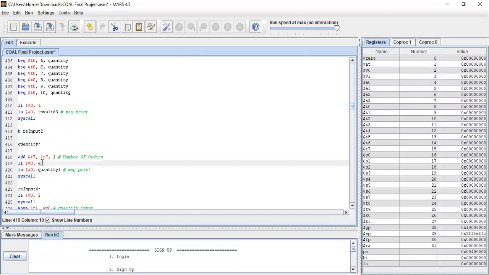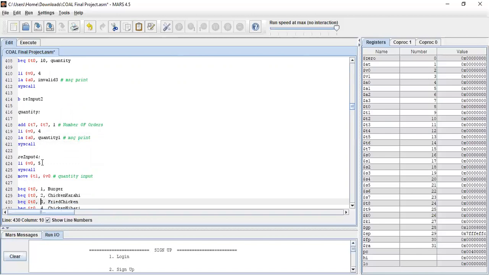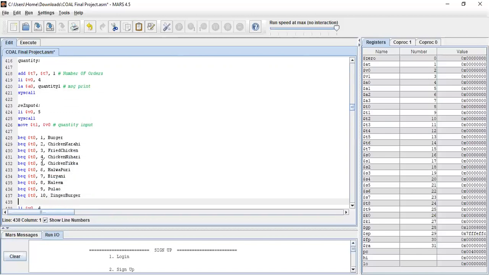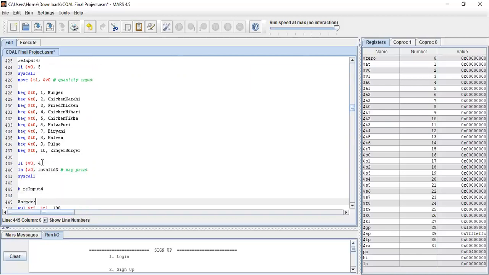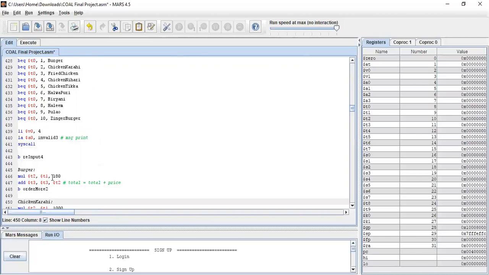Then it will print again with the message print. If we have entered it wrong, then we have to re-input. And these are our inputs. Order actually from 1 to 10, we have burger to zinger burger. If we have entered it wrong, then it will throw us back to the invalid option, and we have to enter it right.